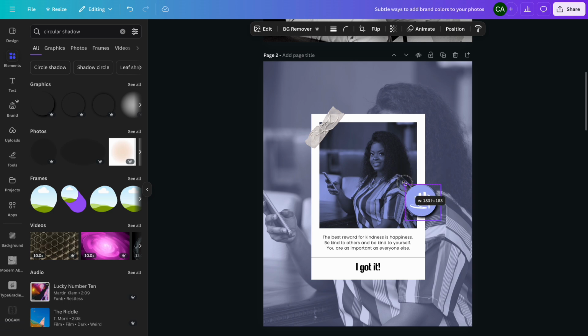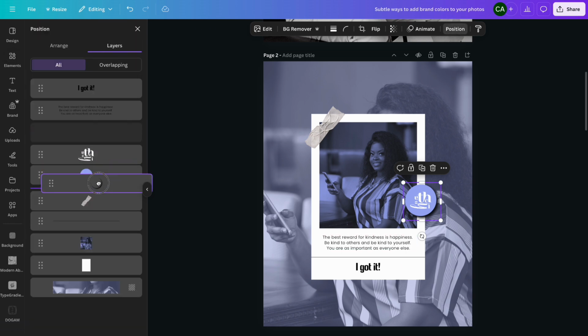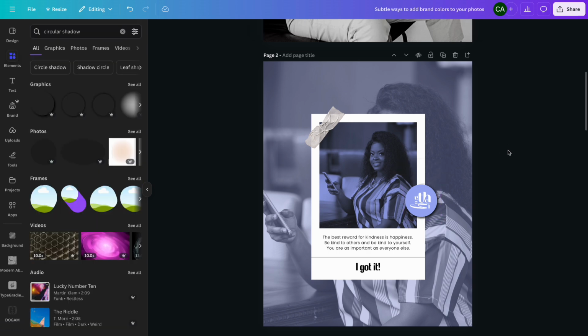A little bit bigger because it's going to go behind. Go to position, layers, and then that shadow is going to go behind the circle there to give it a little bit of a lift. So there, we've technically made our own stamp,